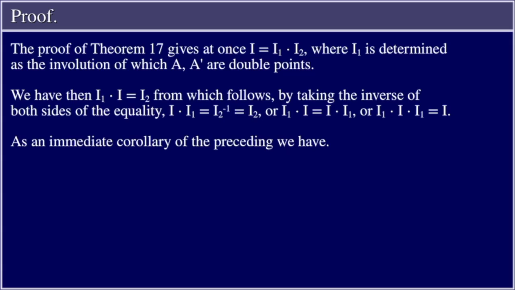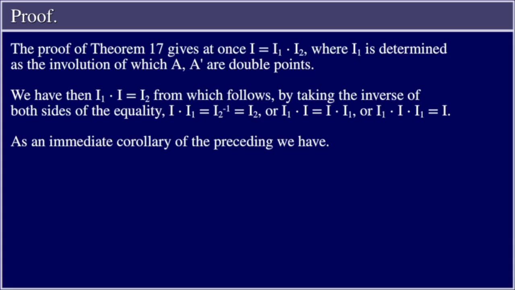We have then ι₁·ι equals ι₂, from which follows, by taking the inverse of both sides of the equality, ι·ι₁ equals ι₂ inverse equals ι₂,